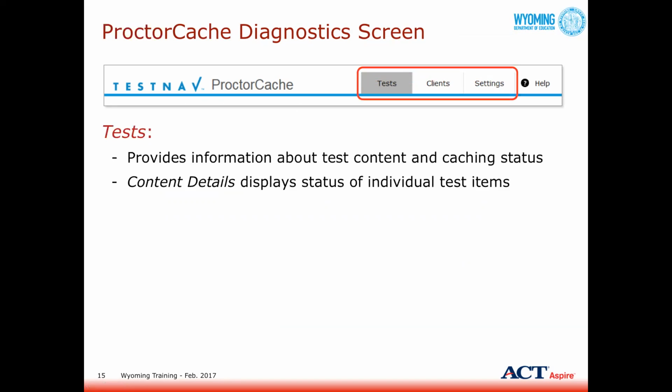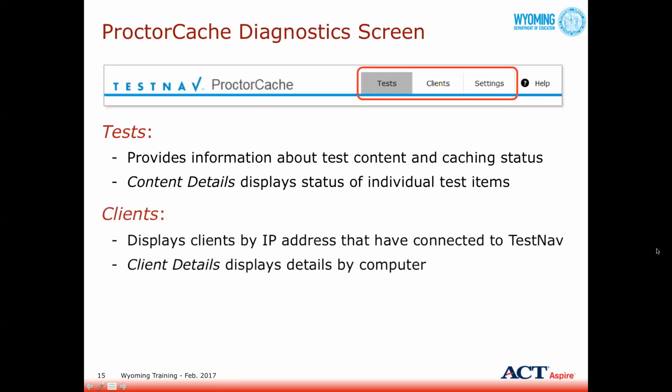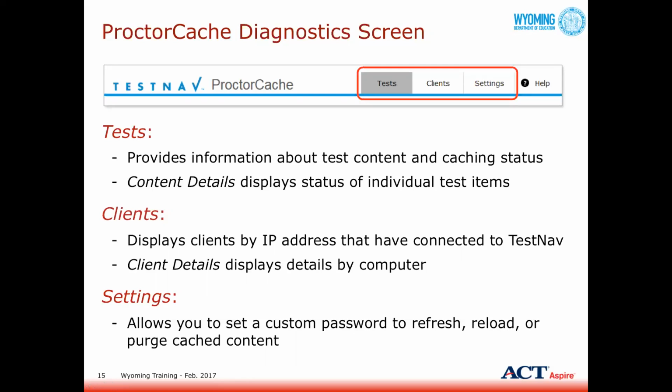Okay, talk a little bit about ProctorCast, and once you get into the ProctorCast diagnostic screen, what you actually see and what the various settings are. So once you have the software installed on your ProctorCast server itself, you'll be able to go into the application